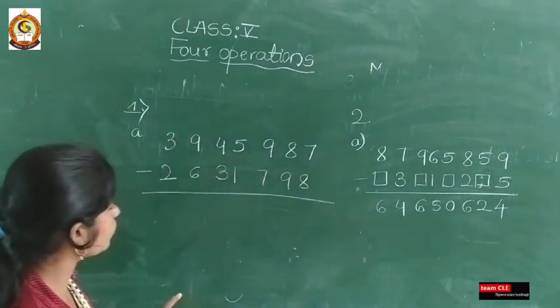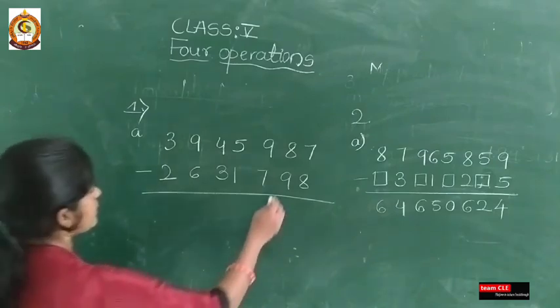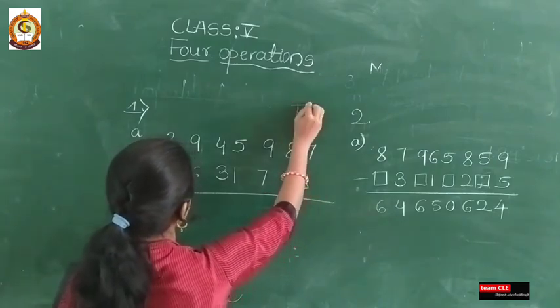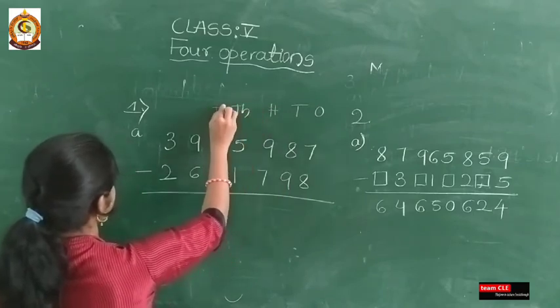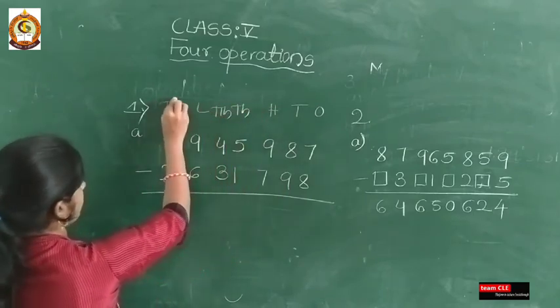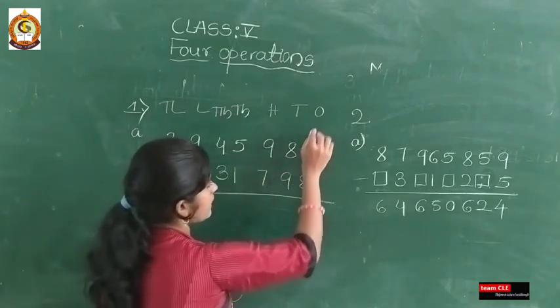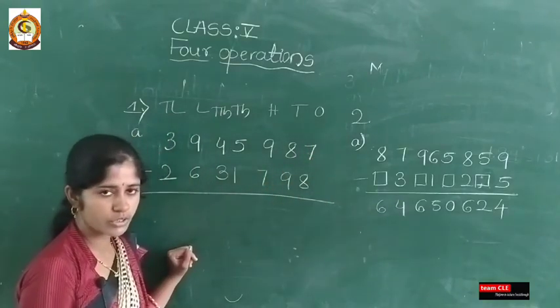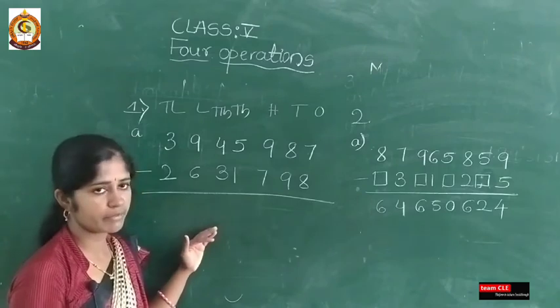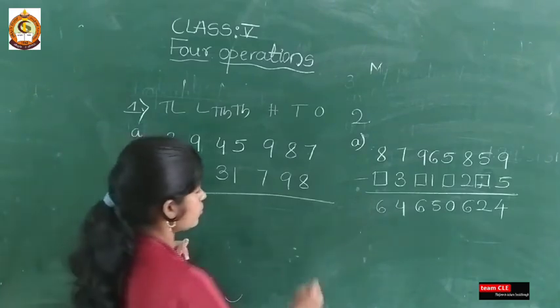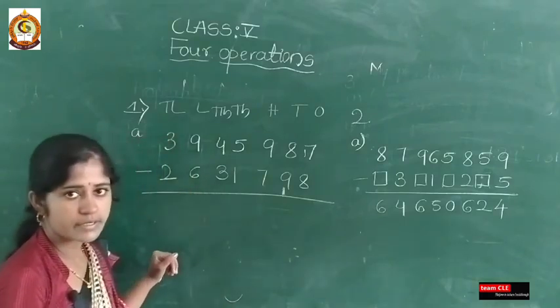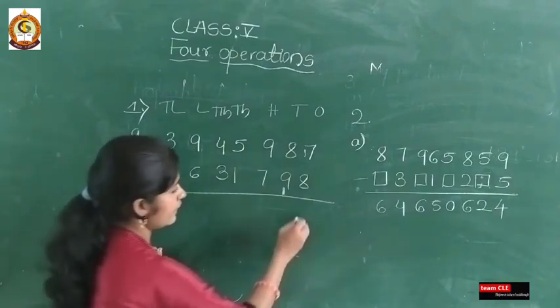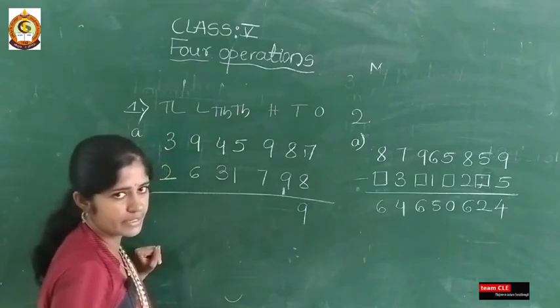Yes, already you know how to subtract the numbers. See here, you follow 2 methods: ones, tens, hundreds, thousands, 10,000, lakh, 10 lakh. Yes, you make this 17 and 18, that is also correct. Here I am following one method, that is also correct. So see here, take carry and it becomes 17. Yes, 17 minus 8 is 9.